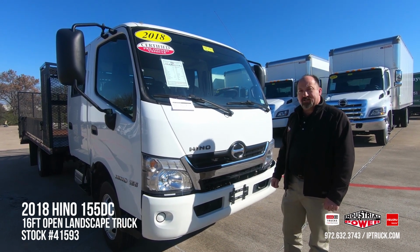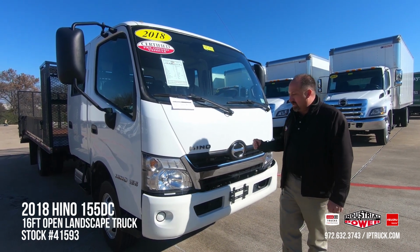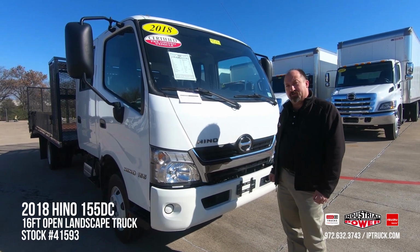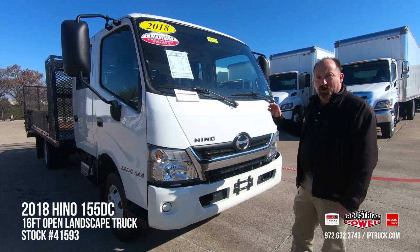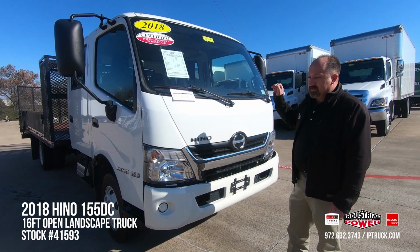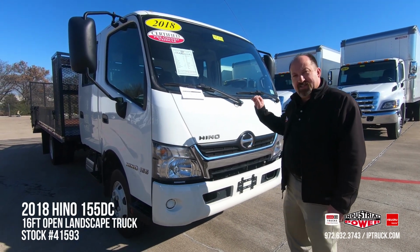When we bring these trucks in, we bring them from our leasing department and trade-ins from our customers. We take a look at each truck. We keep the best quality trucks we can and wholesale the rest of them. Our process starts with a 150-point walk around on these trucks. We go through the cabs, the air conditioners, the bodies, lift gates if it has them, the engine, transmission, tires,